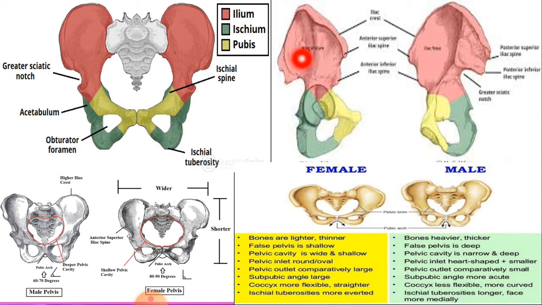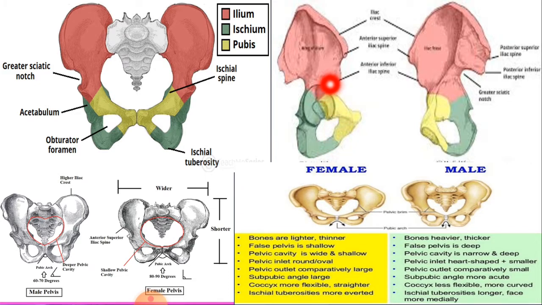And you can see that these three bones, the ilium, ischium and pubis, are fusing at a point. All bones are fusing at this point, which is called the acetabulum of the hip bone. This acetabulum, just like the glenoid fossa of the scapula, forms a ball and socket joint with the head of the femur, which is the hip joint.